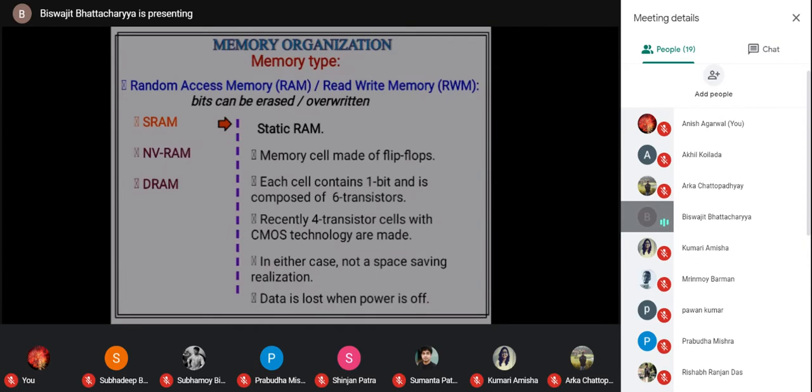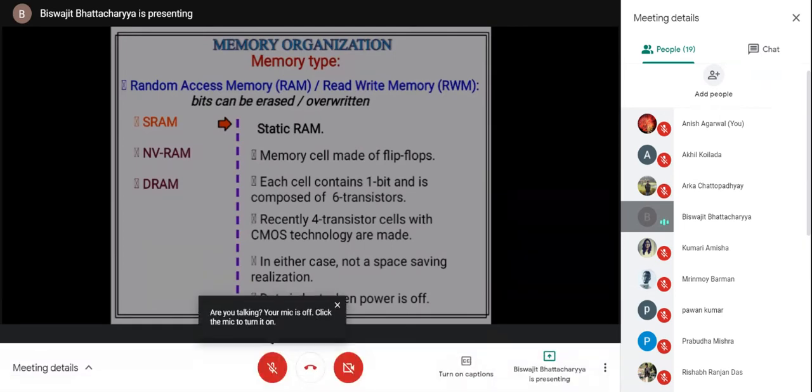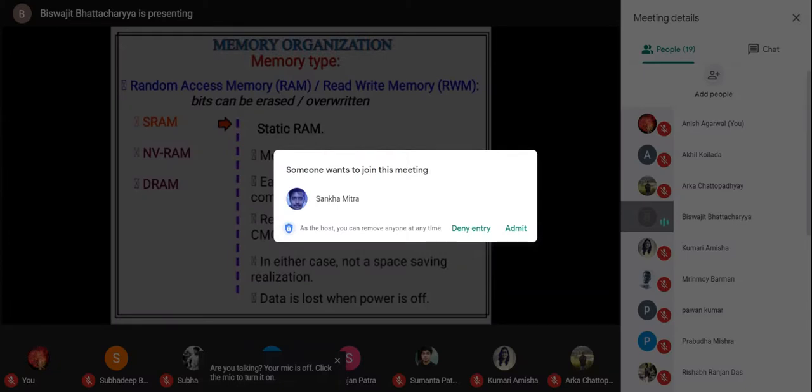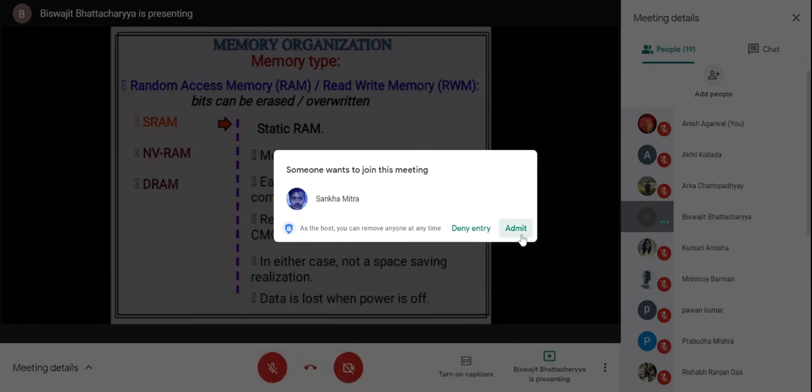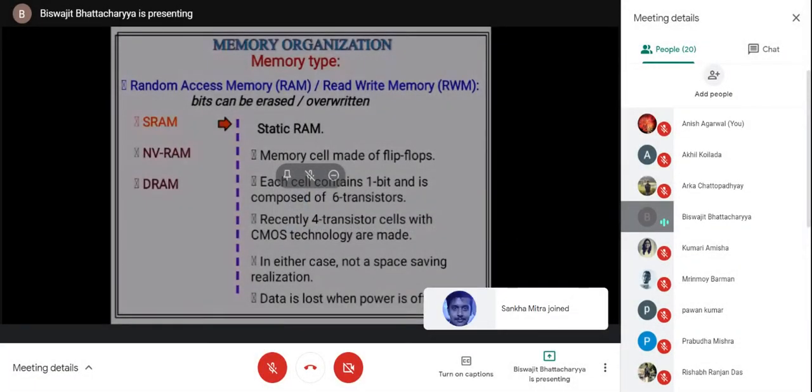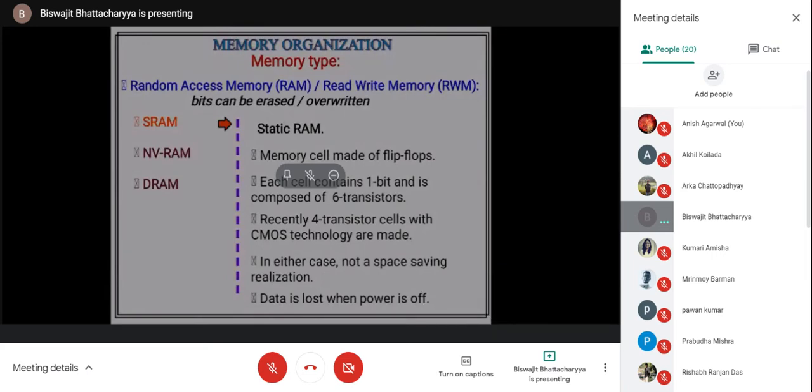And one problem is that when power is off, data is lost forever. Okay, because the transistors are not getting bias voltage anymore to hold the data bit when the power goes away. So the data will be completely lost. That is one disadvantage. But it may be one advantage also when we need to write programs repeatedly.